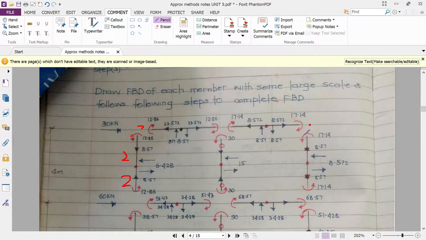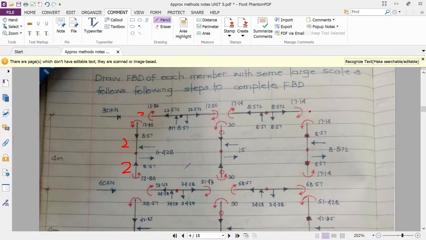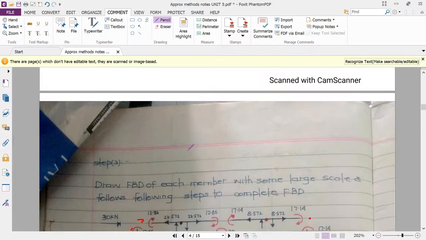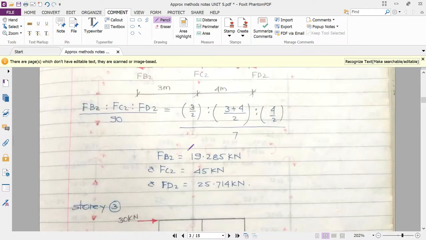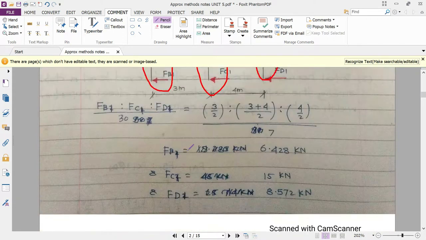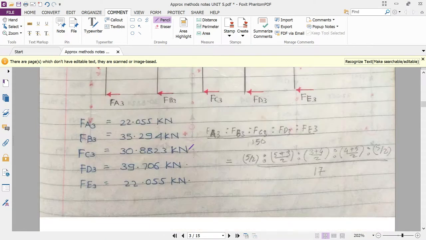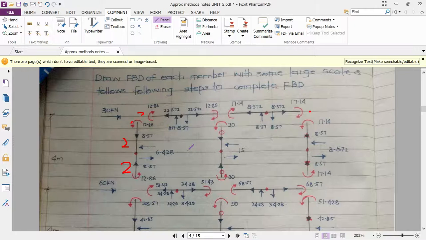Here also 8.57 moving in downward direction, so we have to apply in upward direction, and it is also in upward direction. Okay, so this upward 8.57 and this downward 8.57, the summation of those particular reactions must be equal to 0. So here it will be 0. Okay, so like that we have to consider the cases. Next we have to see 6.87 like this, and like this we have to calculate the value.